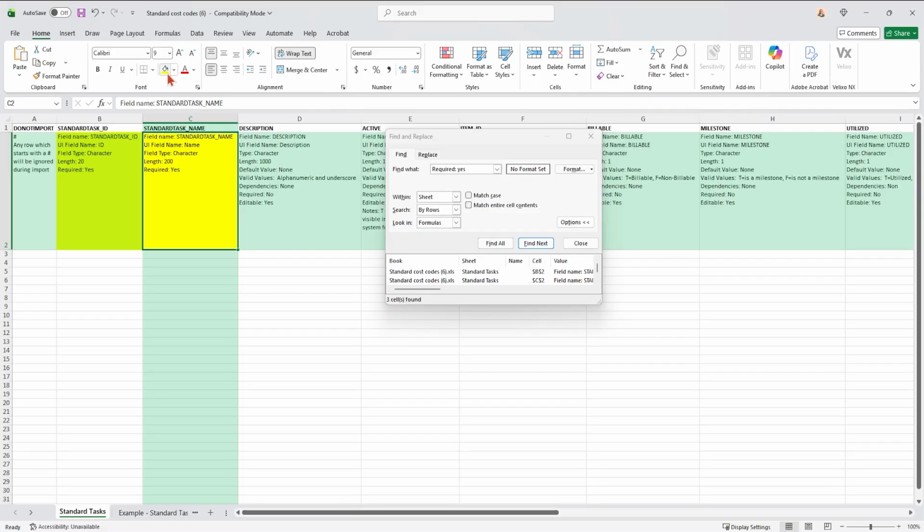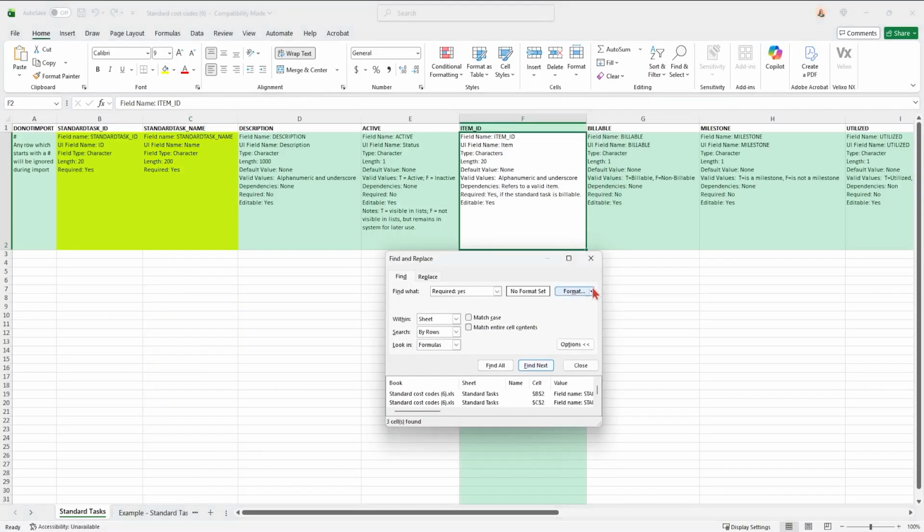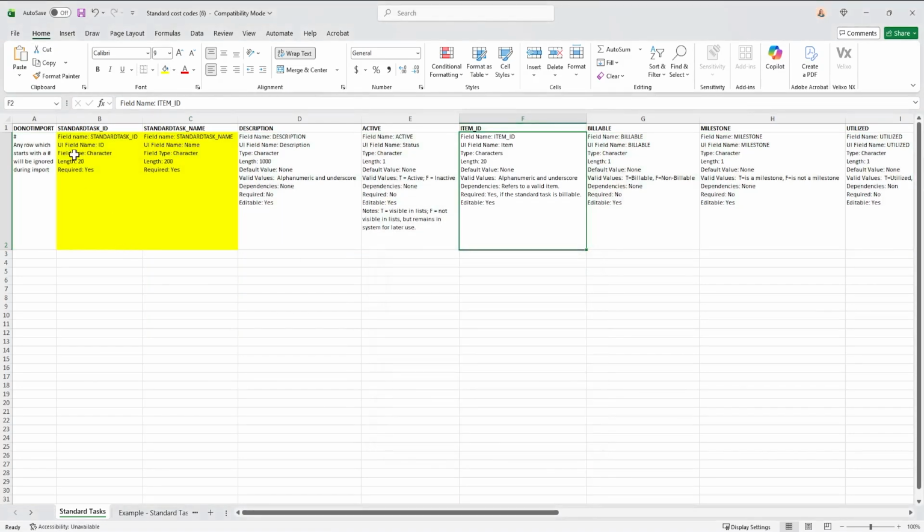So I do recommend that you go through and highlight all of the required fields to make sure that you do have those columns filled in. I would keep going with that, but you're going to do that yourself. So standard task ID, I just wanted to mention as well, cost code was repurposed from task. So I can see here that standard task is actually just standard cost code. The system was already using task, and then when they built it out for construction, they just repurposed task for cost code. So they're going to be the same thing.